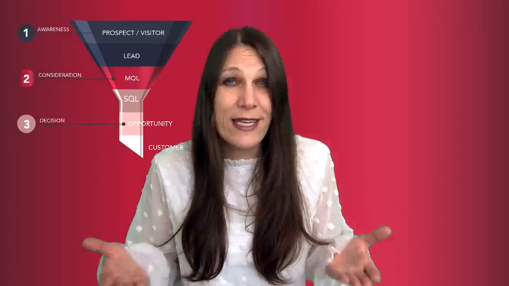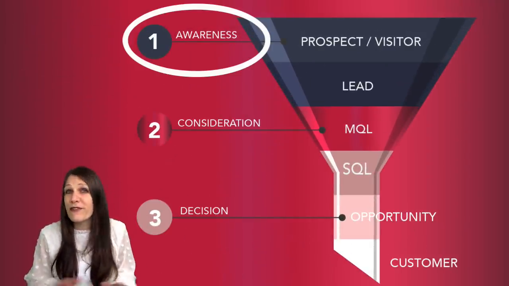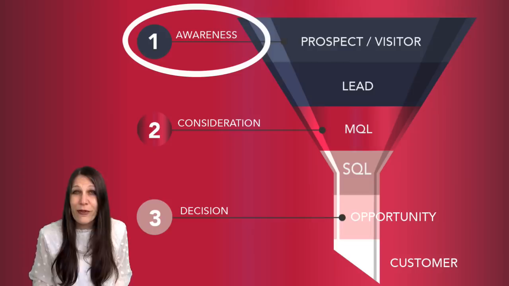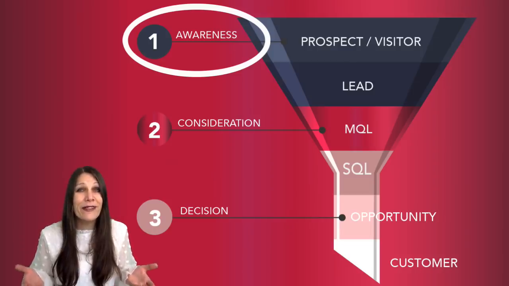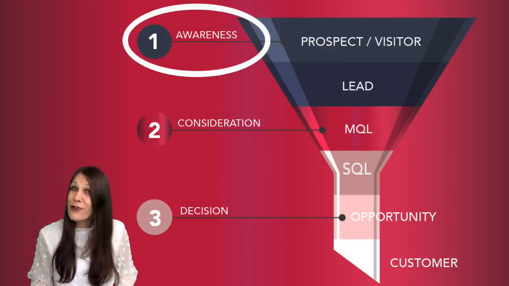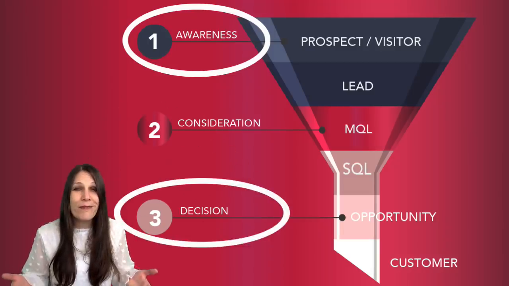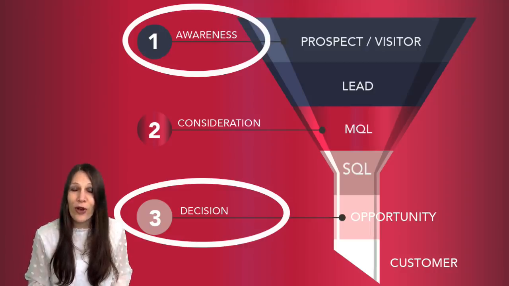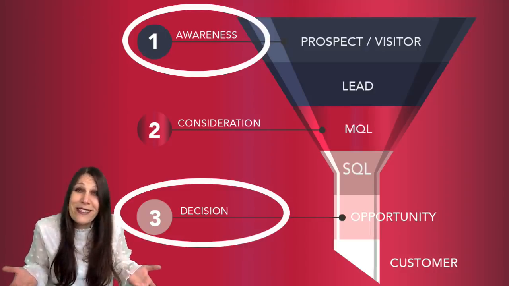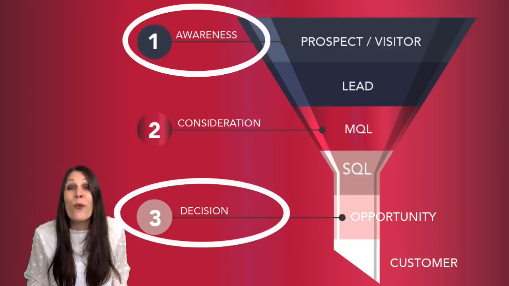So when you're developing your digital marketing campaign, the obvious first step is to determine your audience targeting. But what most people forget is targeting to the correct phase of that buyer's journey. And when you're targeting to a cold audience, in other words, a group of people that have never heard of you or never seen you before, those people are at the very top of the sales funnel. They are not ready to open up their wallet and buy. And that's why you cannot market a decision phase product or service to a cold audience because they're not in the decision phase yet. They're only in the awareness phase.